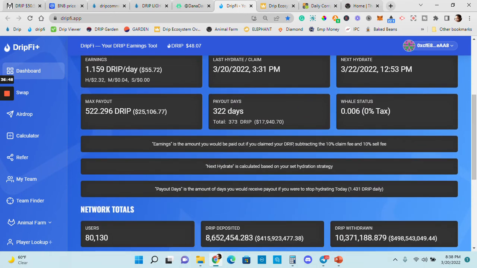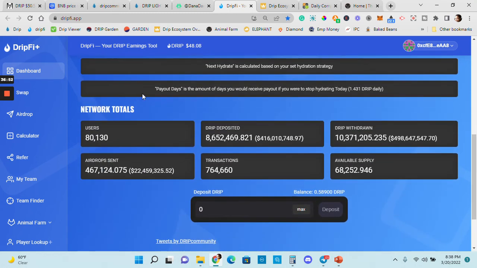And as you can see, I'm not in that whale world right now. This is just the network information. So there's 80,000 drip users in the network. This shows you how much drip has been deposited into the network, how much has been withdrawn. I mean, that's insane. It shows you the available supply,